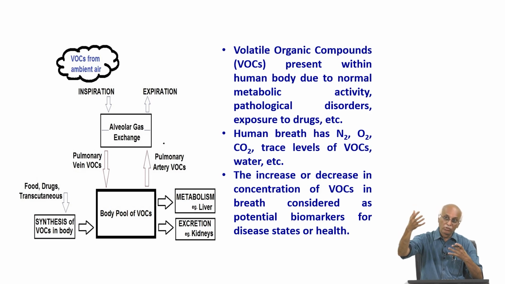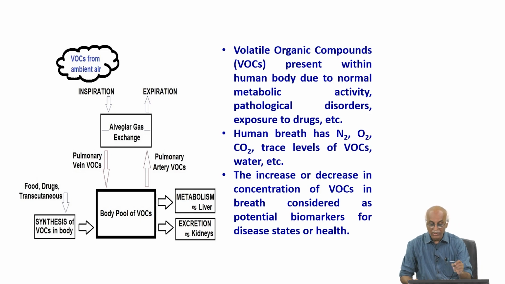So, CO2 will be extracted from the blood and oxygen will be injected through this. So, that activity happens in the lung. When we inspire air, alveolar gas exchange takes place and then the blood supply accordingly is enriched with